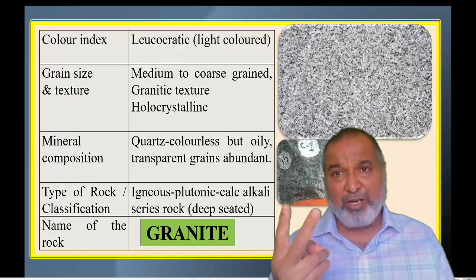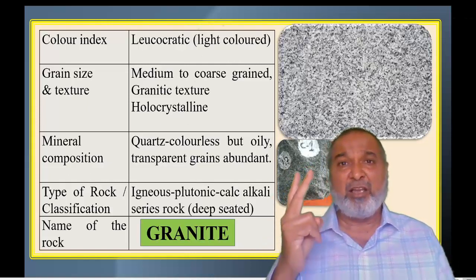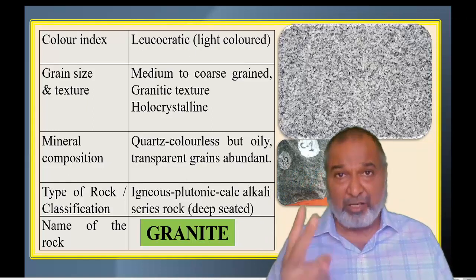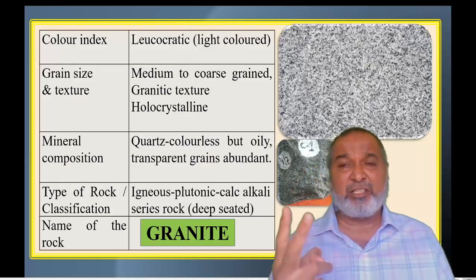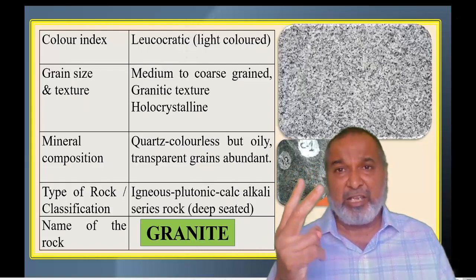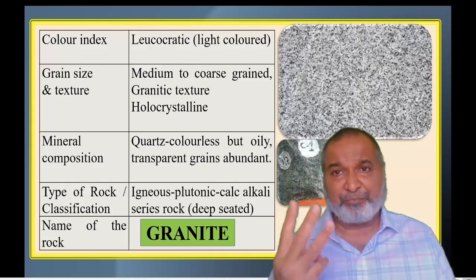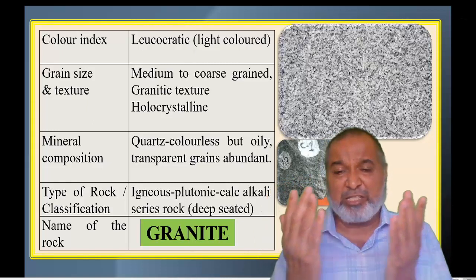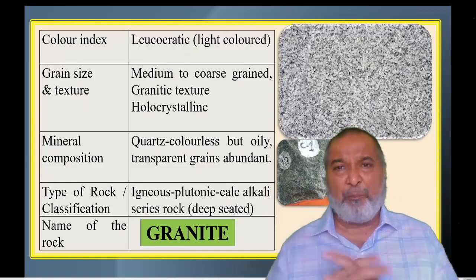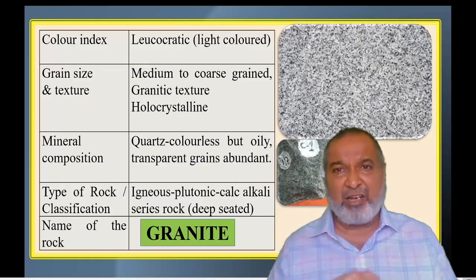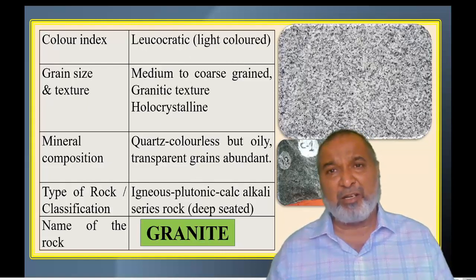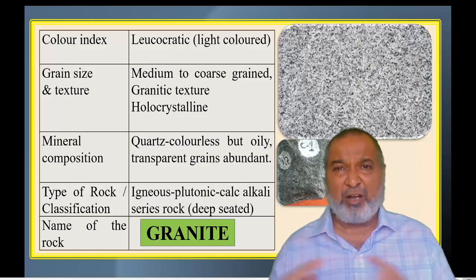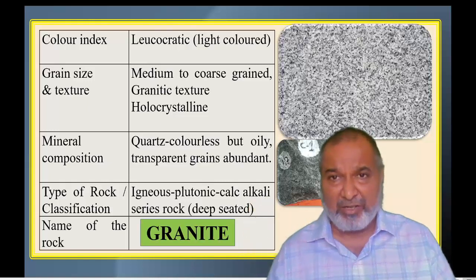The second important point: in this igneous rock we are going to get crystals. Minerals are available. Crystals or minerals are present in the igneous rock. Third important point, there is no interspace between the two crystals. They are compact, solid, very hard, tough. That's why they are used as building material. These are the various uses of igneous rock. It is very hard and compact because there is no interspace present.